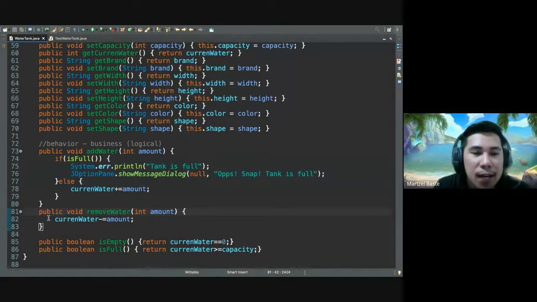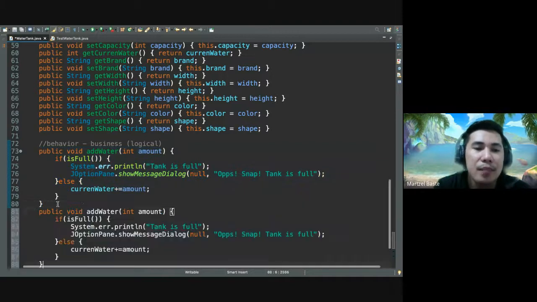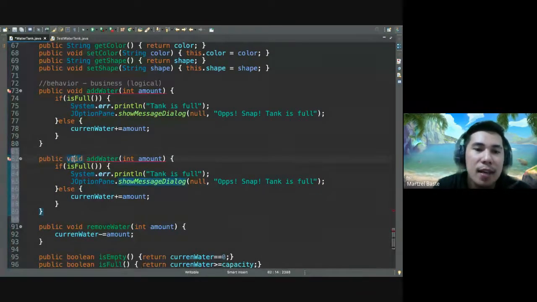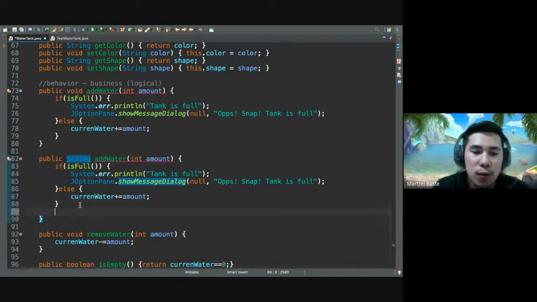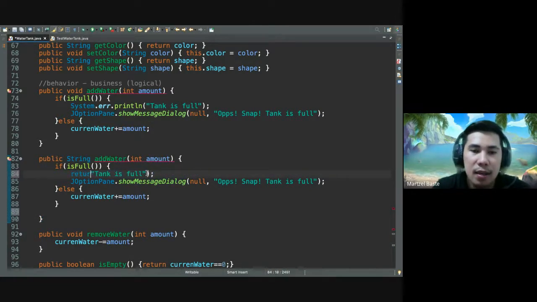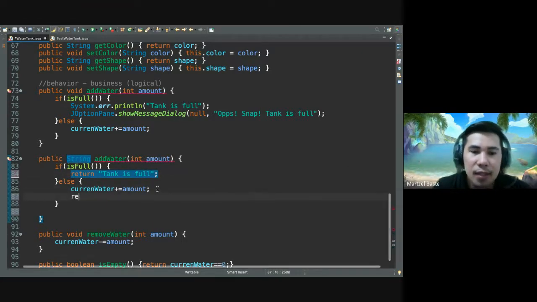So, also dili necessarily na, by the way, pwede nimo na siya i-string, no? So, return, let's say, return tank is full, else return